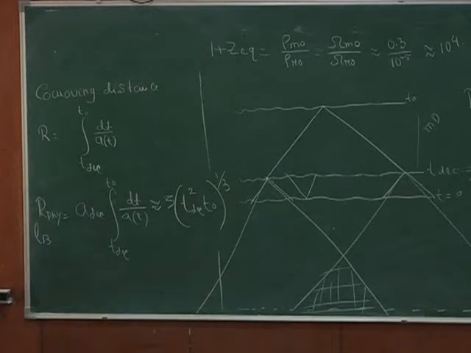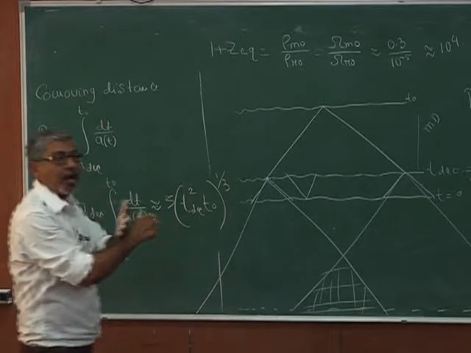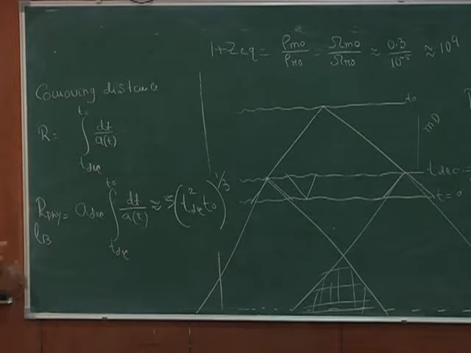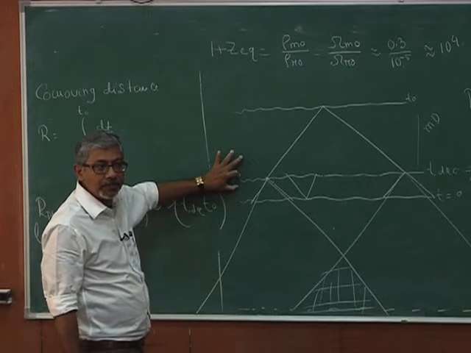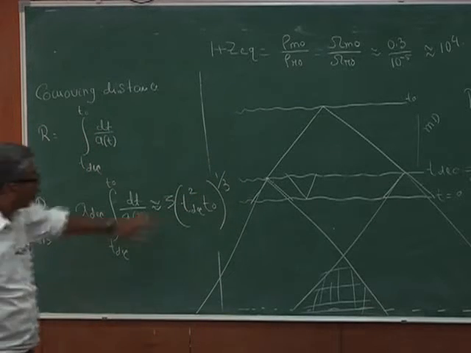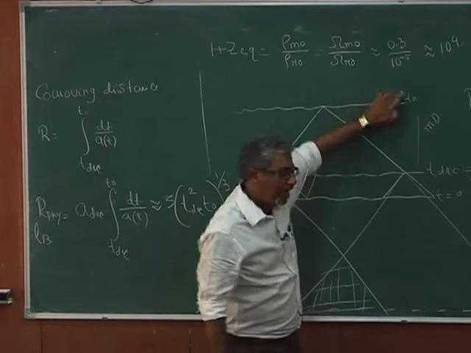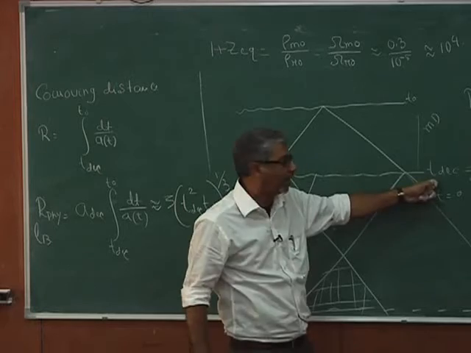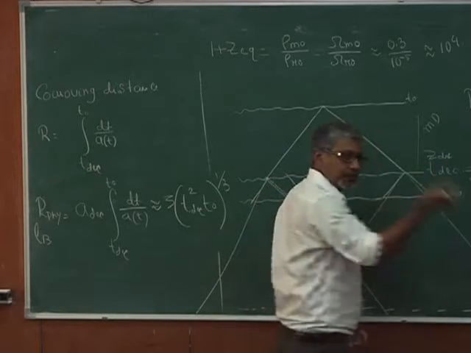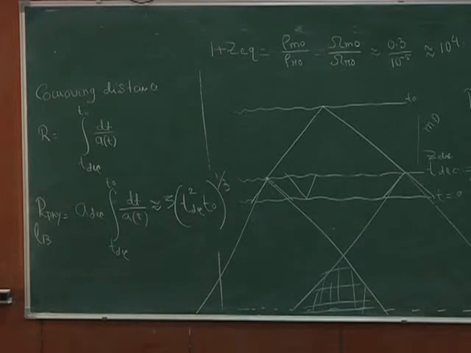I'm not clear on what T decoupling is. Is it from Big Bang to? No, T decoupling is from where the CMB photons are coming to us. Before that, the CMB photons are coupled with the electrons through Thomson scattering, so they cannot come. This is what is called the last scattering surface, or the decoupling surface. So T decoupling is the time at decoupling. This is the time at present, and this is the time when a is 0, the very beginning. You can call it T decoupling, or Z decoupling, or whatever. So yes, from here to here, that's Big Bang to that.